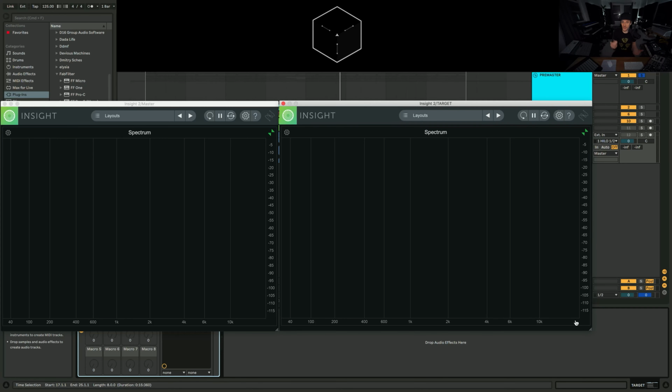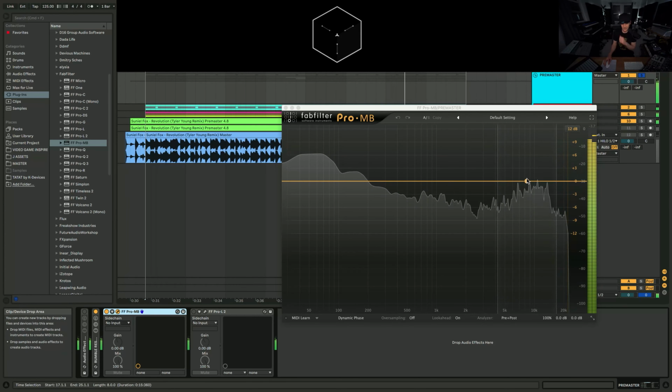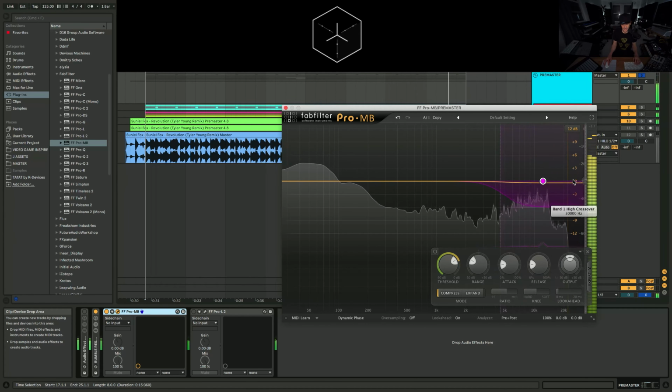And I'm going to use a multiband to deal with that. Because that hi-hat, especially if you turn it way down, all I hear is hi-hat. Just like that skit from Saturday Night Live, where they're just like, that's all I hear. And you can really see it in here. You're like, oh, wow. So I'm going to get pretty aggressive with this.